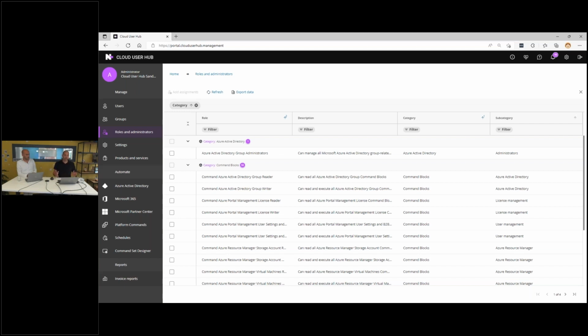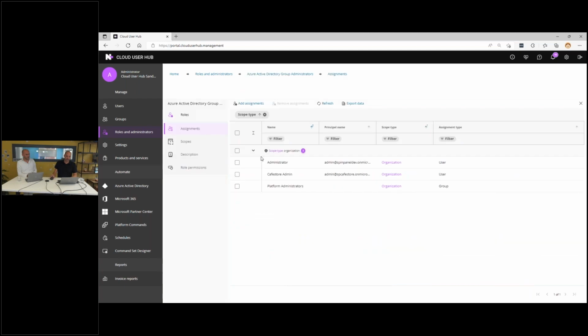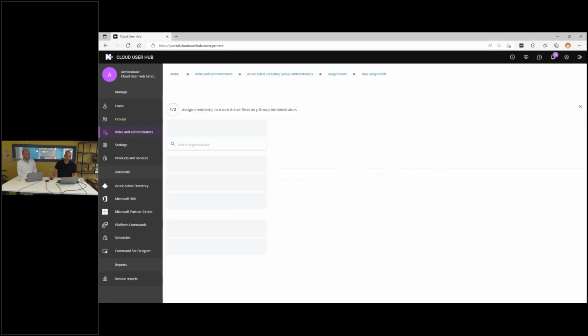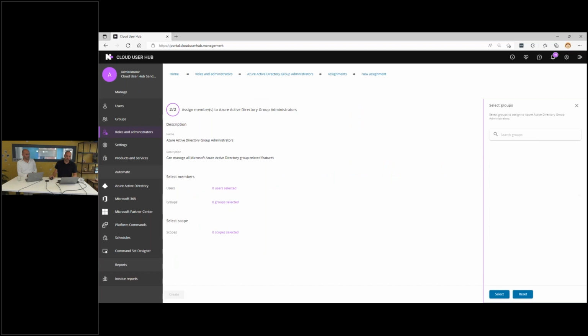The fine-grained capabilities can be a little bit tough to work with if you have a lot of groups to manage. So of course, it's possible not only to add specific users to these roles, but you can also add group-based assignments. So let's take Cafe Store. And you can see that I can work with the groups from Cafe Store specifically. I have no one in this demo set, sorry for that. And I can select users.